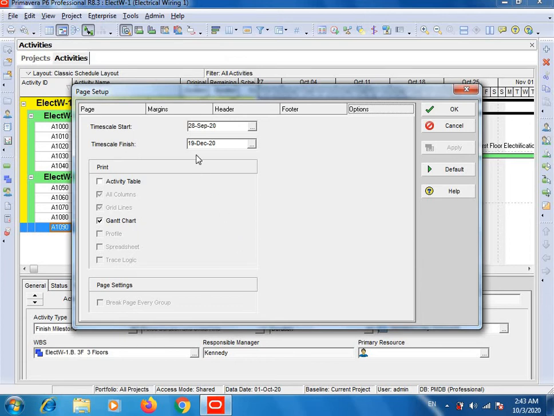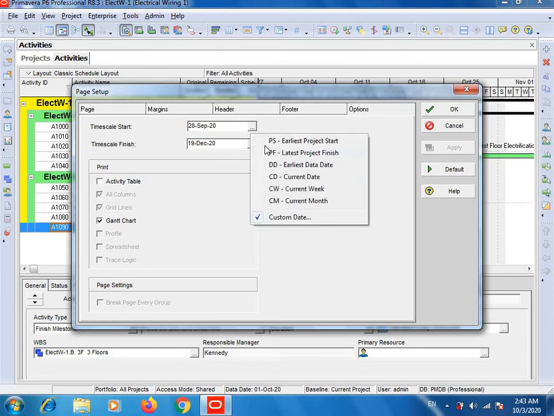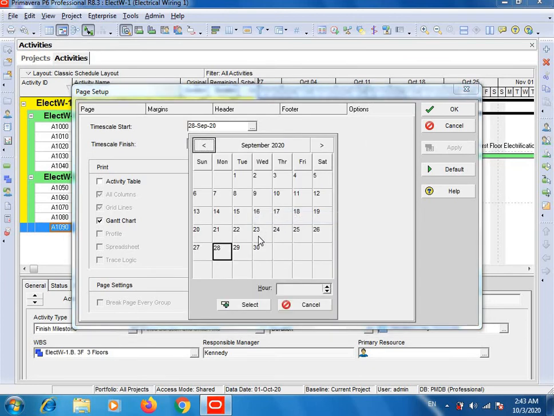Our project will be started from 1st of October. This is our project start date, 1st of October. So go 7 days backward. So 1, 2, 3, 4, 5, 6, 7.